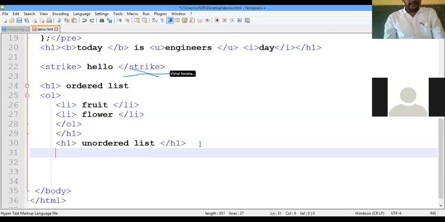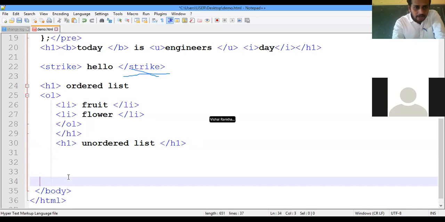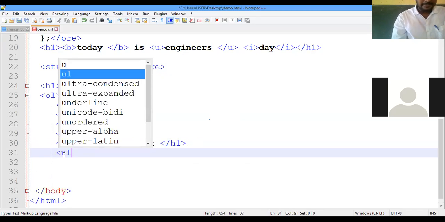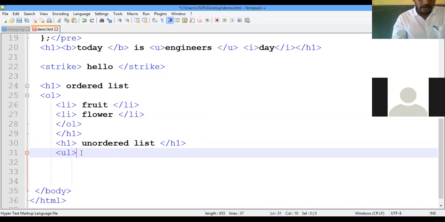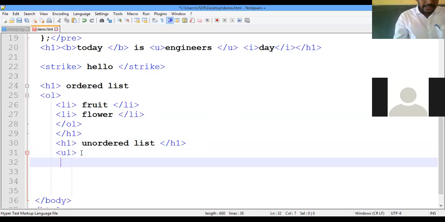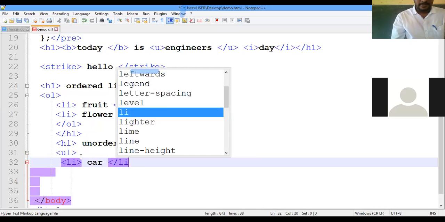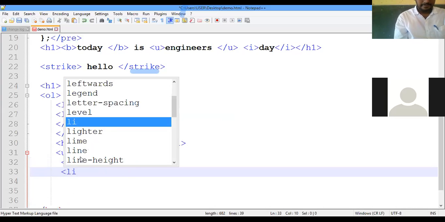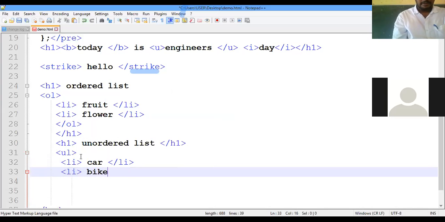Now we will write, as you use OL for an ordered list, for an unordered list we have to use the tag UL. UL stands for unordered list. Again the list item we use is LI. So I will write car. Next we will write bike.